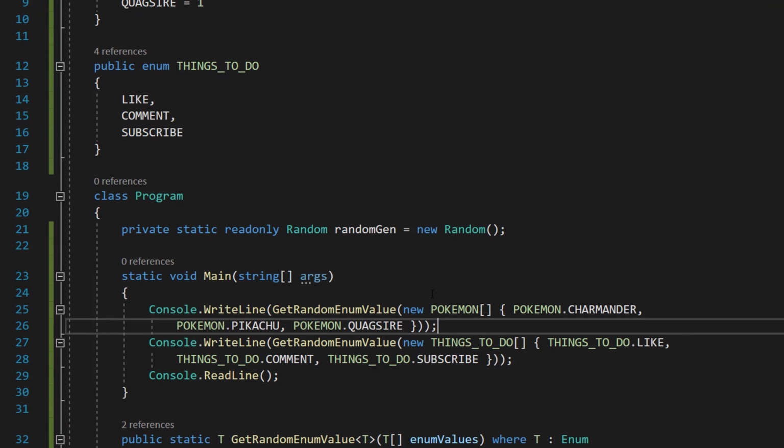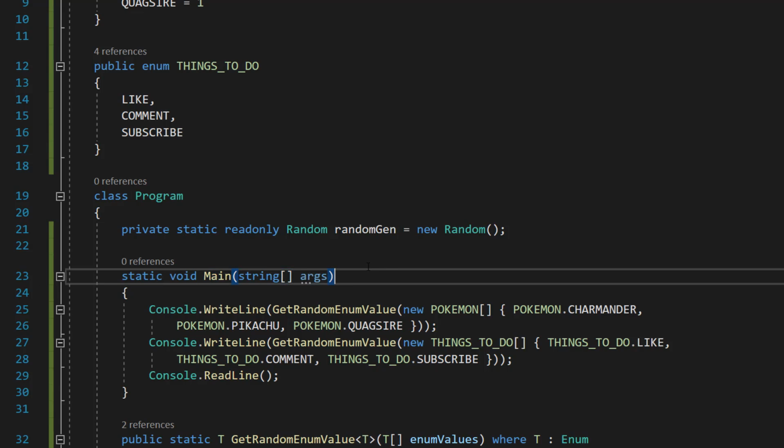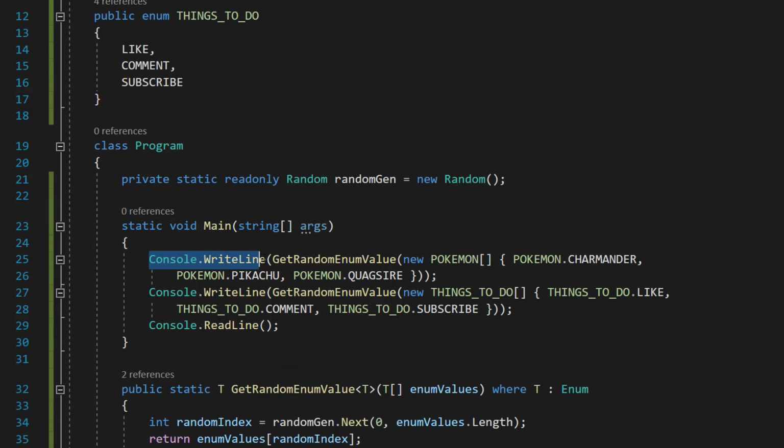So I've got a main method. It's static void Main(string[] args), the standard stuff, and I've got Console.WriteLine, then I've got GetRandomEnumValue, new Pokemon array, then we have a curly bracket, Pokemon.Charmander, Pokemon.Pikachu, Pokemon.Quagsire, curly bracket, then two brackets and a semicolon. So what we're essentially doing is, we are calling the GetRandomEnumValue function inside the WriteLine statement,